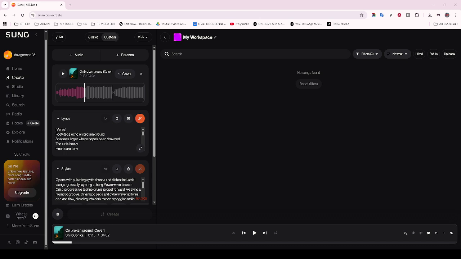You may want to choose a high-quality audio format for better sound fidelity if you plan on using the track professionally. Save it to a location where you will easily find it later, and consider naming it something that helps distinguish the remastered version from other files. And there you have it. You've successfully